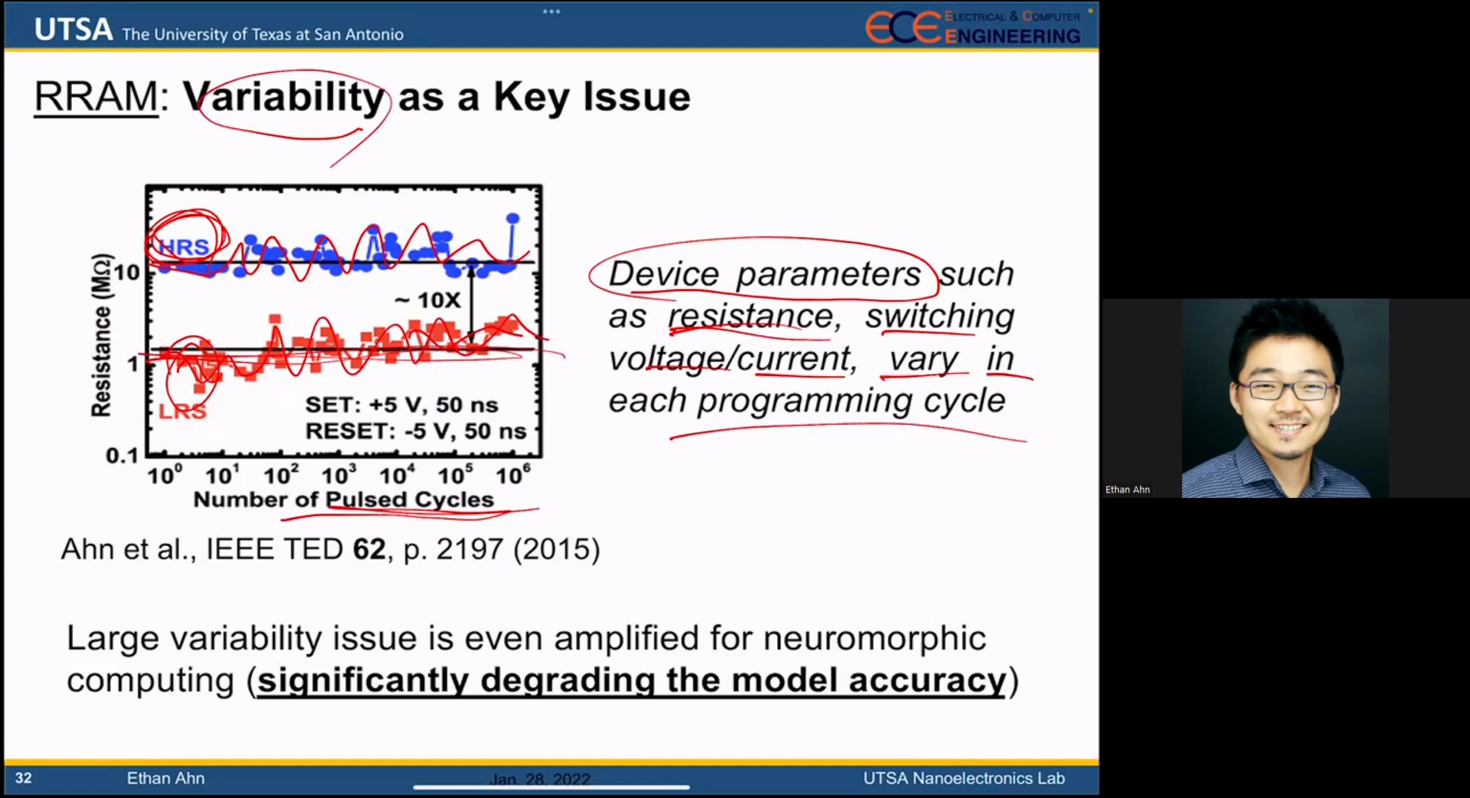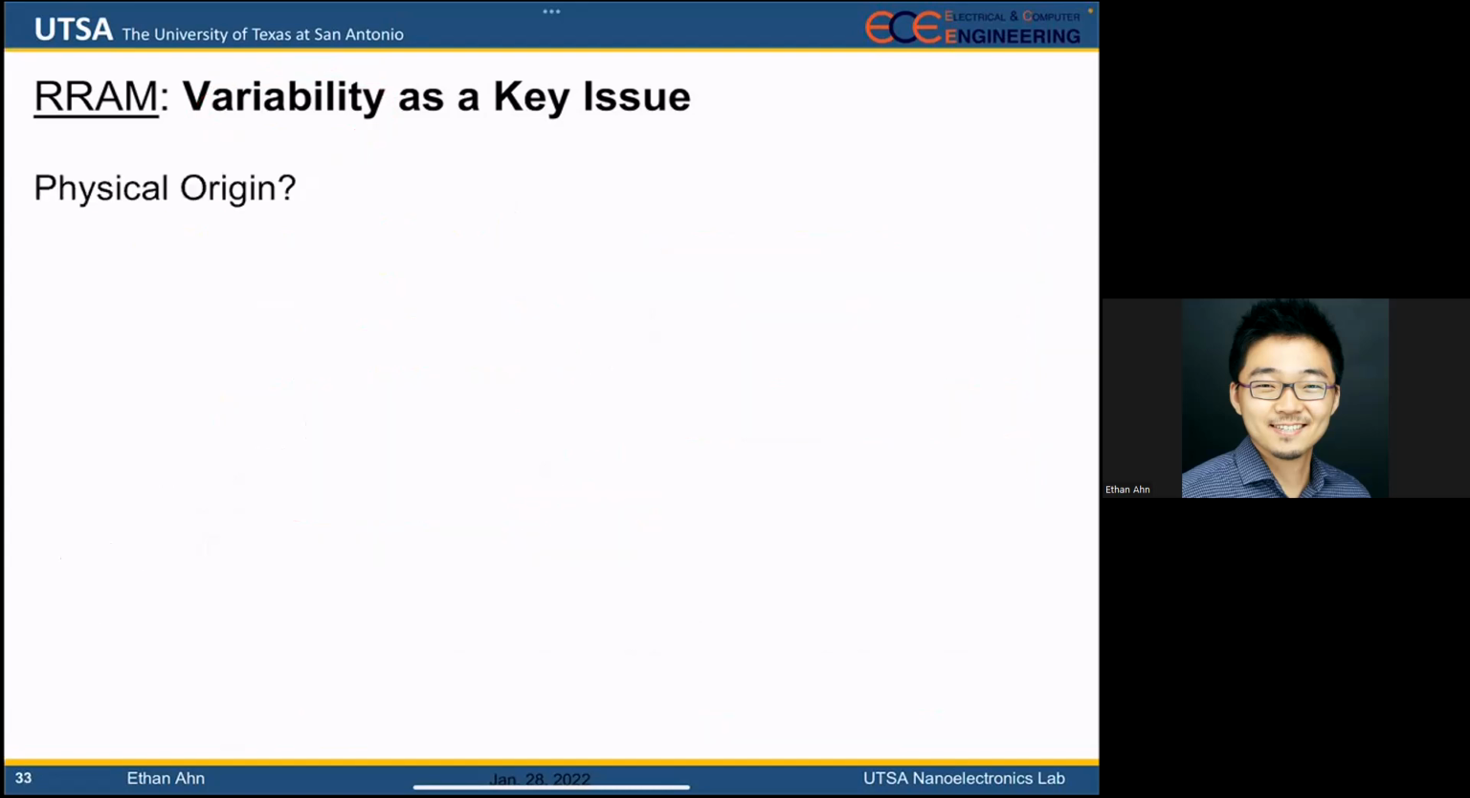This is really not good for neuromorphic computing, because each conductance value, resistance value should be used to update your synaptic weight, right? But if there is this kind of huge variation, then how can we ensure your model is accurate enough? It's going to significantly degrade your model accuracy unless we solve this issue. So I'm doing some research to figure it out,